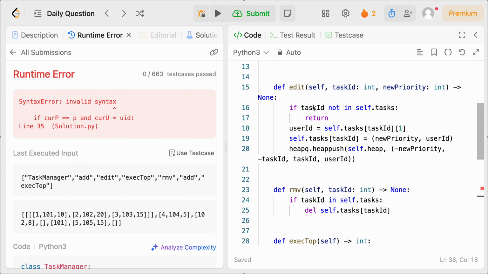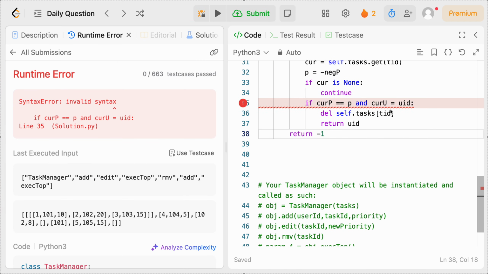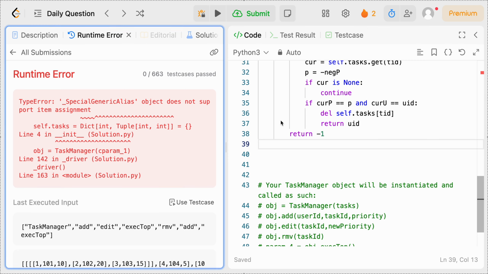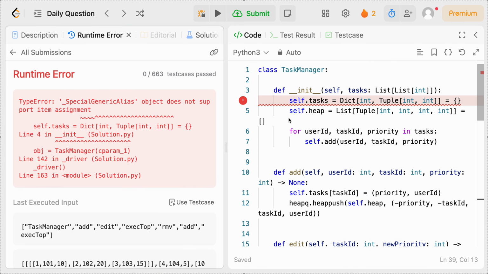Okay, so let's go ahead and see what I did wrong here. If current p. Okay, so I forgot an equal sign. That is very silly of me. Again, just simple syntax errors here that could cost you, and many mistakes like that. Let's go ahead and see what the error is here. Okay, yeah, so probably just a really simple error in terms of like,